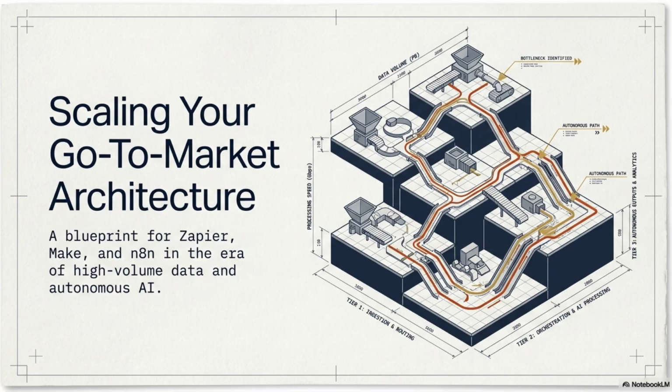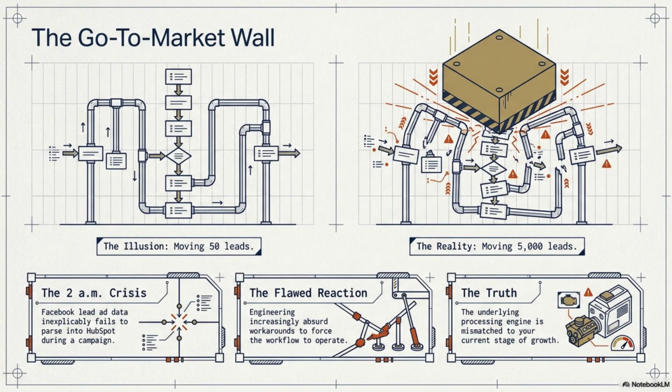Exactly. You're not thinking about architecture at 2 a.m. No, you're just building these increasingly absurd workarounds just to get data from point A to point B. And that exact moment, that's what we call hitting the go-to-market wall. Your simple automations haven't just broken, but the fundamental architecture of your go-to-market infrastructure has basically buckled under its own